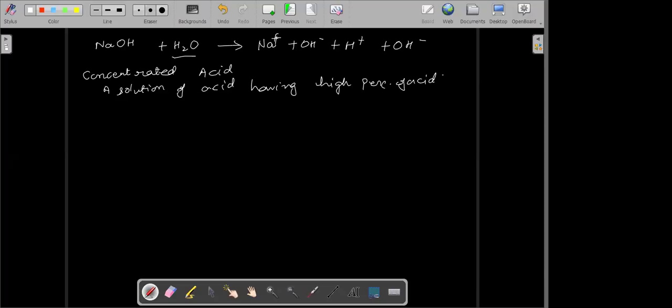And similarly, we have a dilute acid, an acid which has a low concentration, or low percentage of acid in water. We call it dilute acid. Similarly, we can have a concentrated base and we can have a dilute base. Got it? Now the next part is